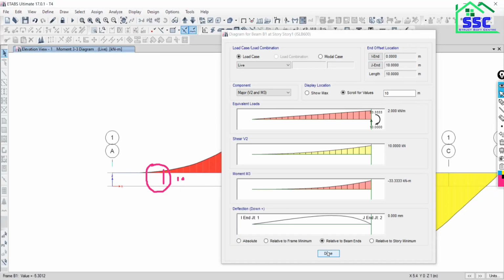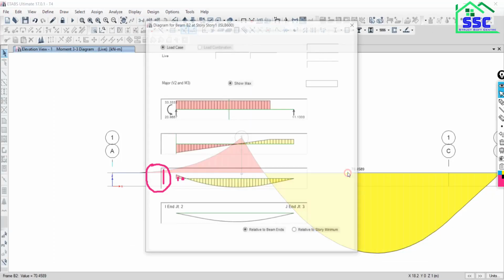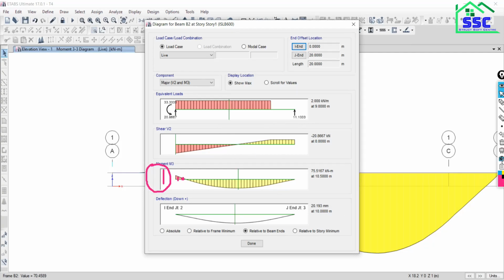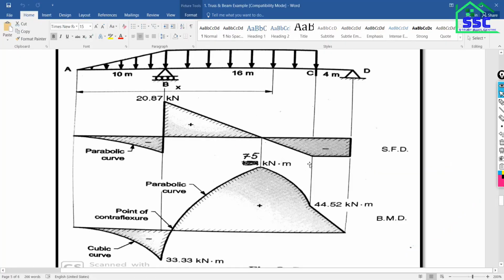If you go to see for this frame, right click on it and enter the particular distance, 16 meter. So as you can see here, the shear force is 11.133. Again the value is not given here, but the moment is given here as 44.2 kilonewton meter.